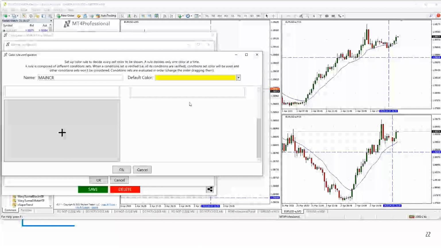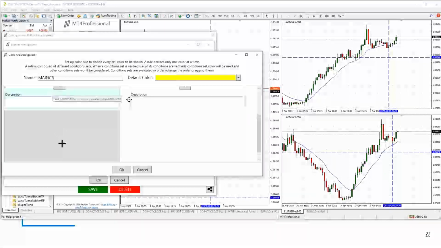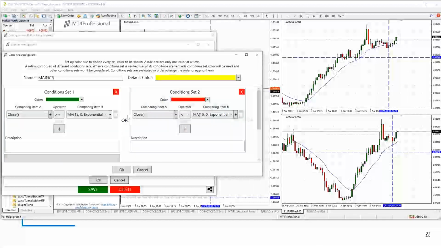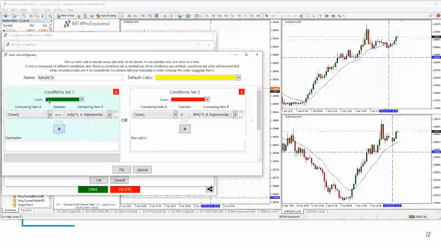And if you have more than 2 conditions, which you can, it'll go in order from 1 to 2 to 3 to 4 and so forth, like that. They're all OR operators. So it's always going to start here. If this one is true, it sets it to this color. If this one is not true, then it goes to your OR operation and evaluates for this condition and so forth.